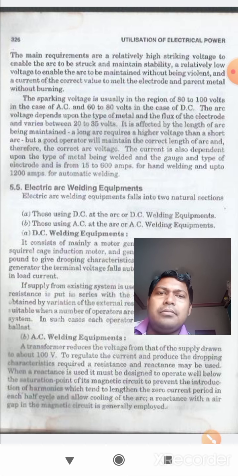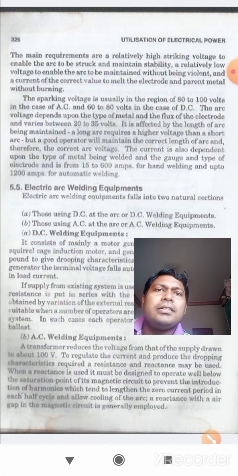What do you mean by parent metal, students? Here the parent metal means the main object or the body which we have to weld, right? So that will be the parent metal, and the substance by which we will fill the material or weld the material is used. So the parent metal is the original metal which is used for your welding.